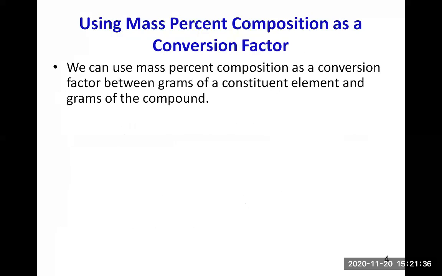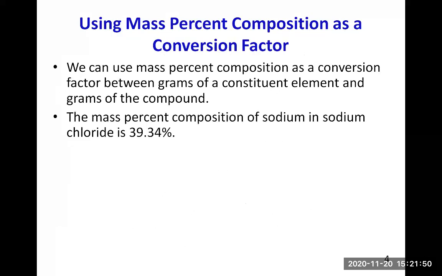So let's use the mass percent composition as a conversion factor. Yes, we can use the mass percent composition as a conversion factor between grams of a constituent element and grams of the compound. For example, the mass percent composition of sodium in sodium chloride is 39.34%. So how can you write this mathematically? It means that